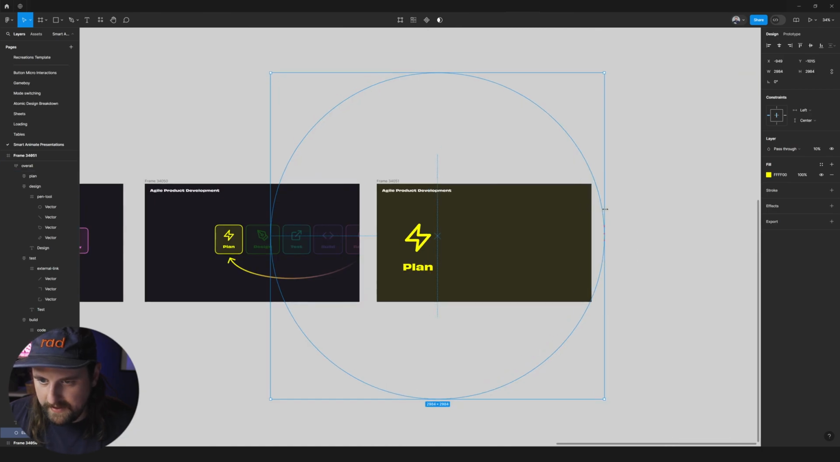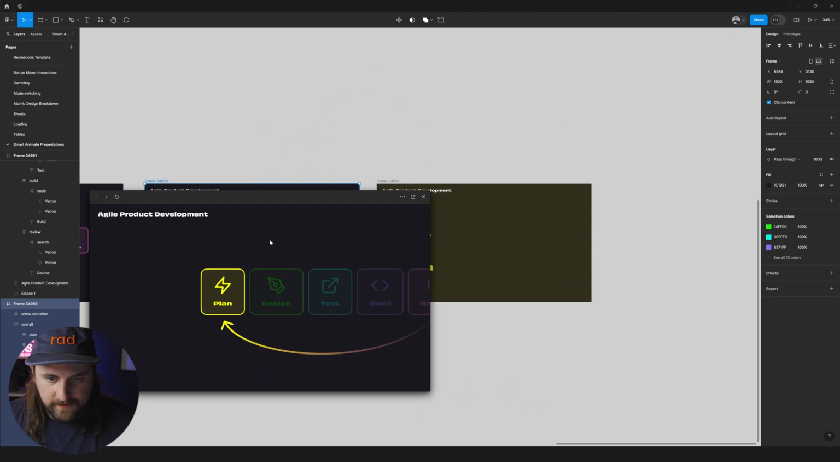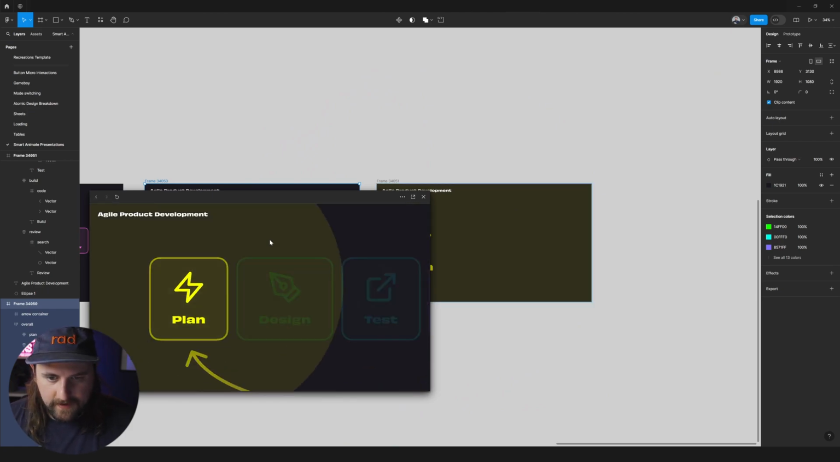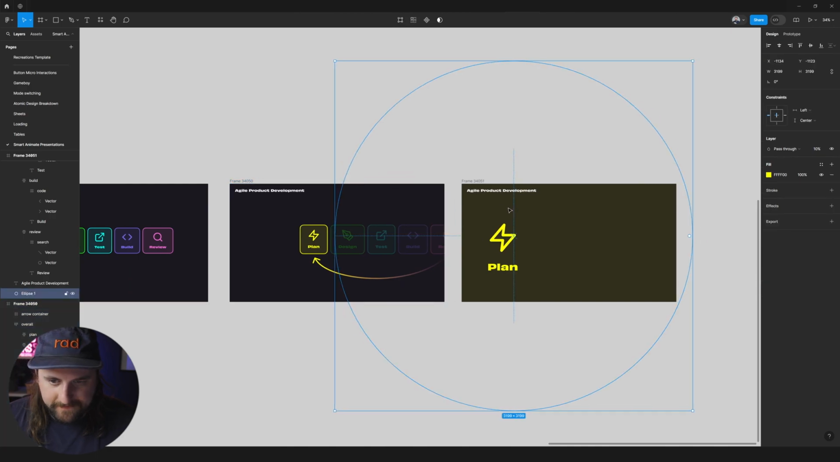So that means we need to scale this out holding Alt. There you go. Let's see how this feels. Yeah, that's cool. Very nice, very nice. Now, let's take this a step further. I'm going to duplicate this, Control D, and press Shift X, and now it's only on the